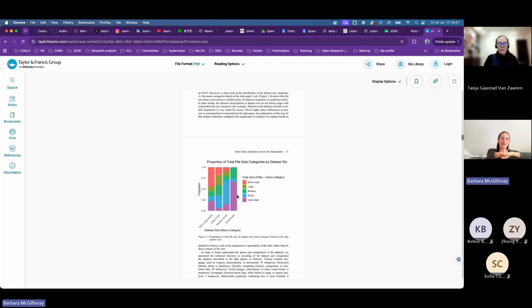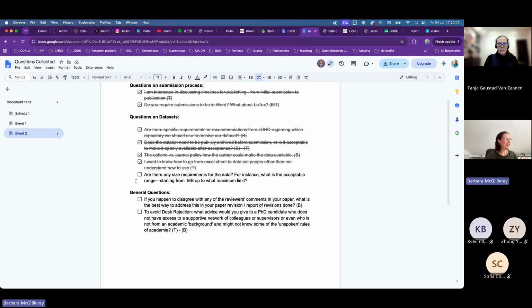We also looked at size of the data set versus size of the files, which I think the question was specifically about, because sometimes you can have a large file, but that's in terms of size, because it's images, for example, could be few records, or you may have lots of records, but relatively lightweight file sizes. So I invite you to have a look at this chapter if you're interested in this topic. I hope that answered your question. So there is no limit. I'll go on to the next one.